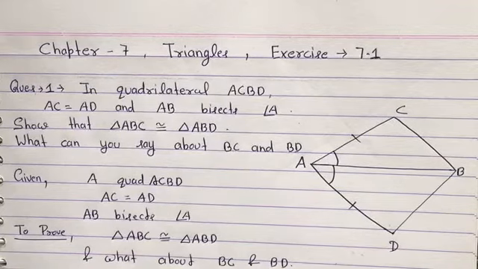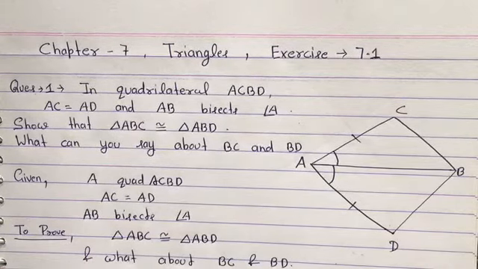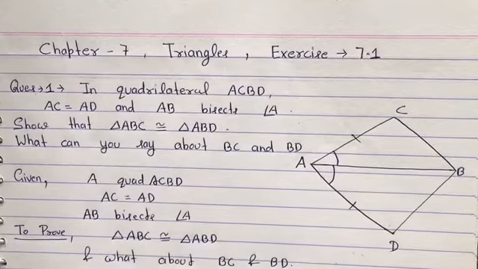For that purpose, you know it very well: when one triangle overlaps another one completely, then both triangles are known as congruent. Their respective sides are equal and their respective angles are also equal. There are a total of 6 parts, 6 things that you can name: 3 sides and 3 angles. And there are 4 varieties of the congruencies.